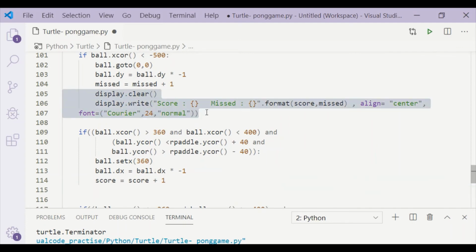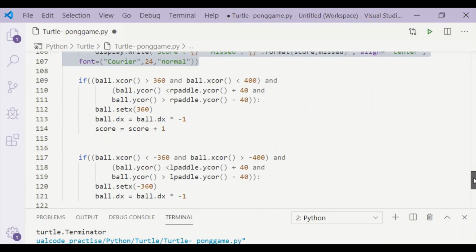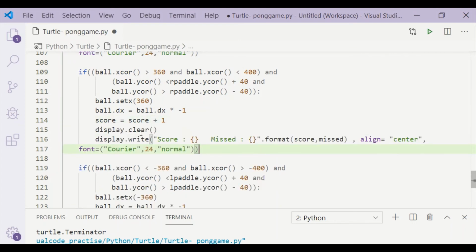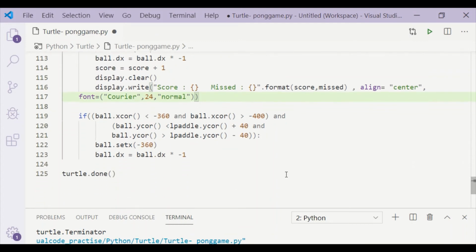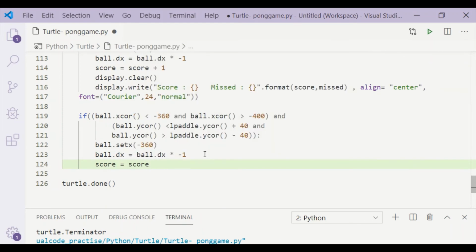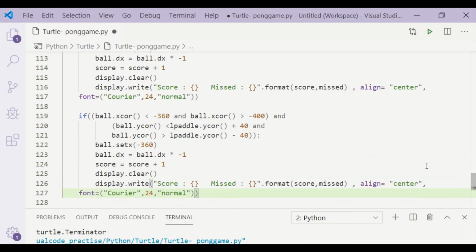For that, I'll go to the if check, which checks if the ball's x and y coordinate are between the x and y coordinate of the pedal. If so, we will increment the score by score plus 1 and use the same display write method to update score as well as missed value.